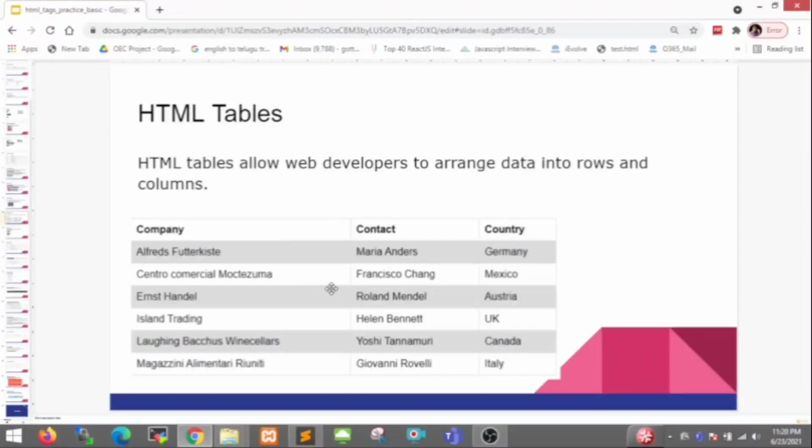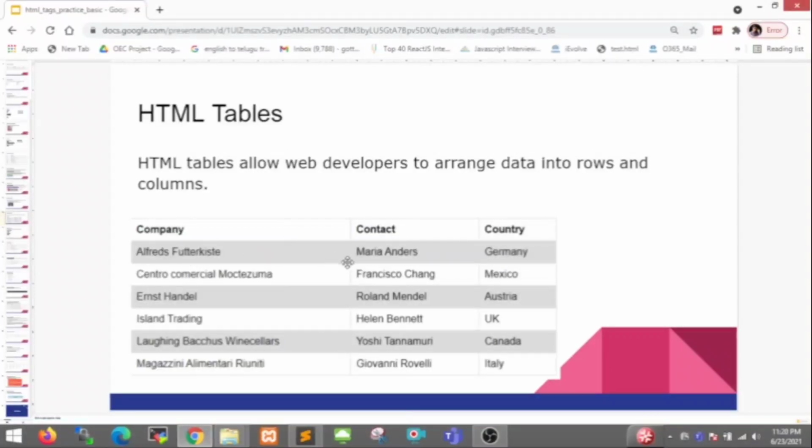So this is a most important topic in HTML because, for example, when getting student results, if you want to display the top 10 students' information on your home page, then student name, rank and marks percentage.